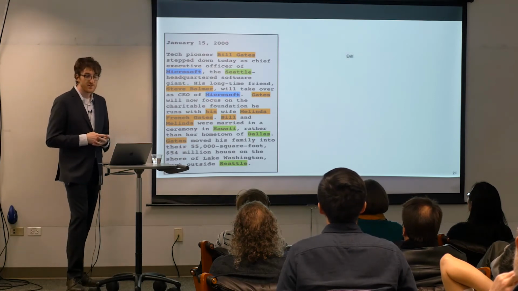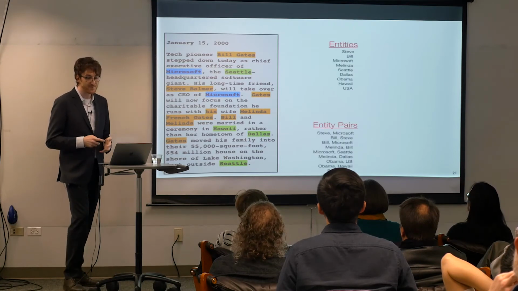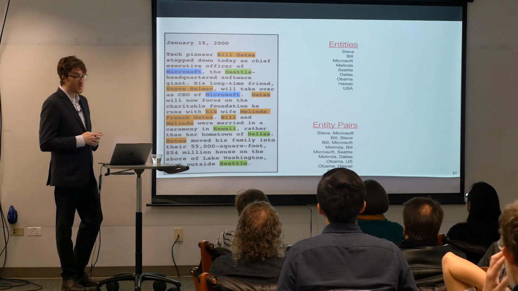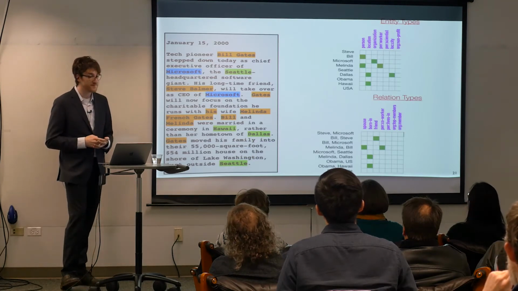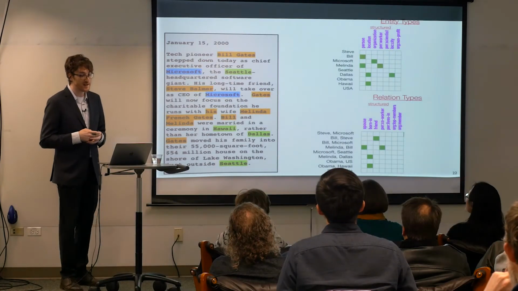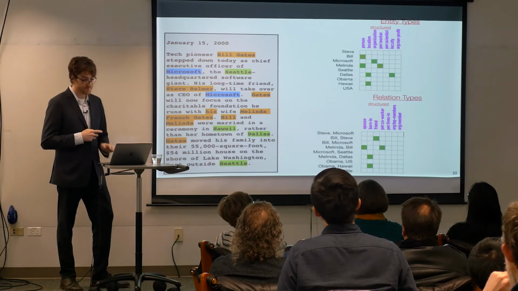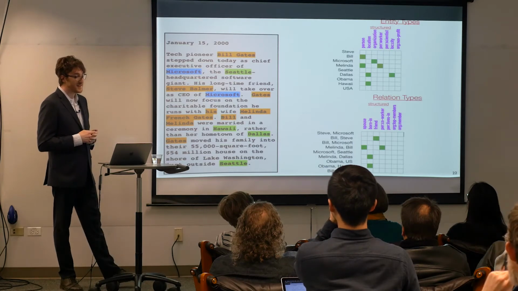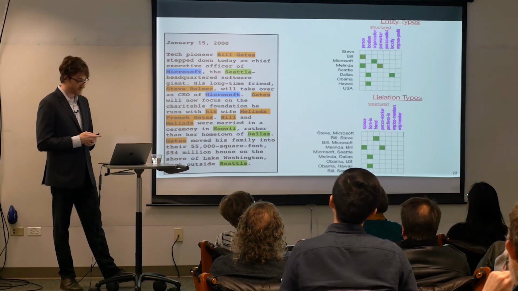So we can do the same procedure over our whole corpus and collect all of the entities and co-occurring entity pairs that we find. And since we also want to be able to say something about the meanings of these entities, we're also going to have a set of types that the entities and their relationships can actually take on. And often we aren't really going to be starting from scratch, but instead we can start from some initial incomplete human curated knowledge base as a starting point. So first we can consider the human defined types as an initial set to define the semantics of our entities and our entity pair relationships.